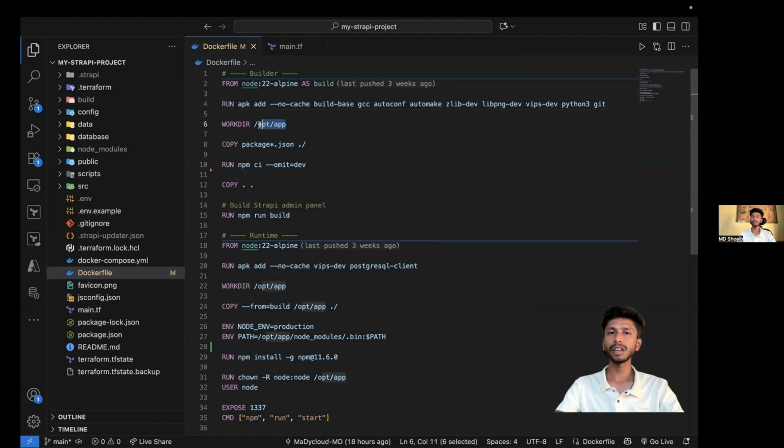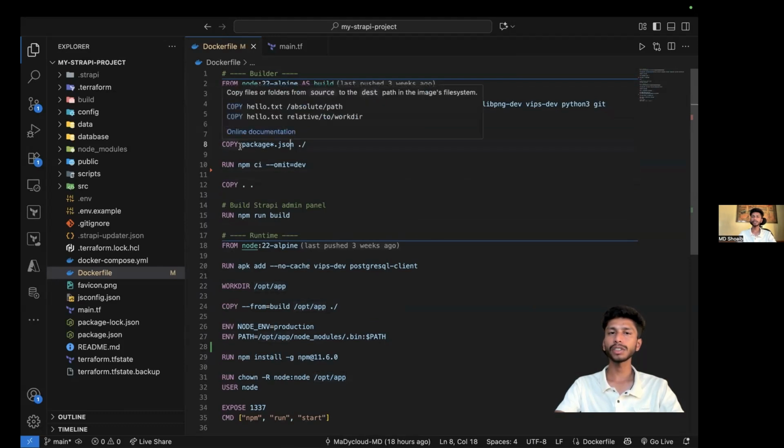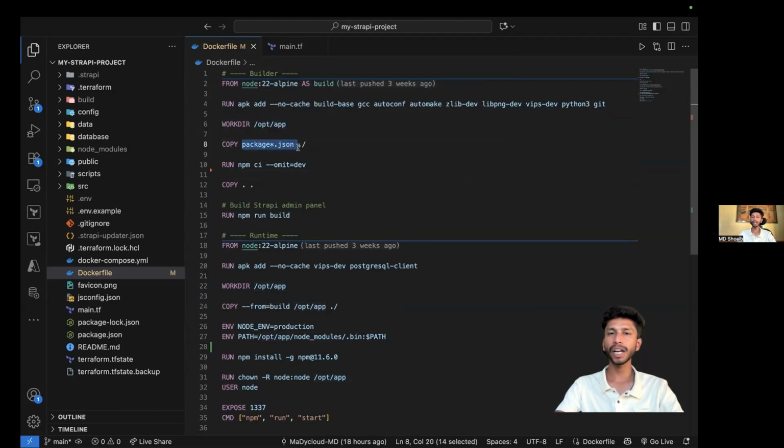Later, it sets the working directory to this particular path, and first it copies only the package.json files to reduce the container cache, and then runs the npm ci command, which installs the deployment dependencies and avoids the development dependencies, and then copies all source code to the current directory, and then it runs the command npm run build,